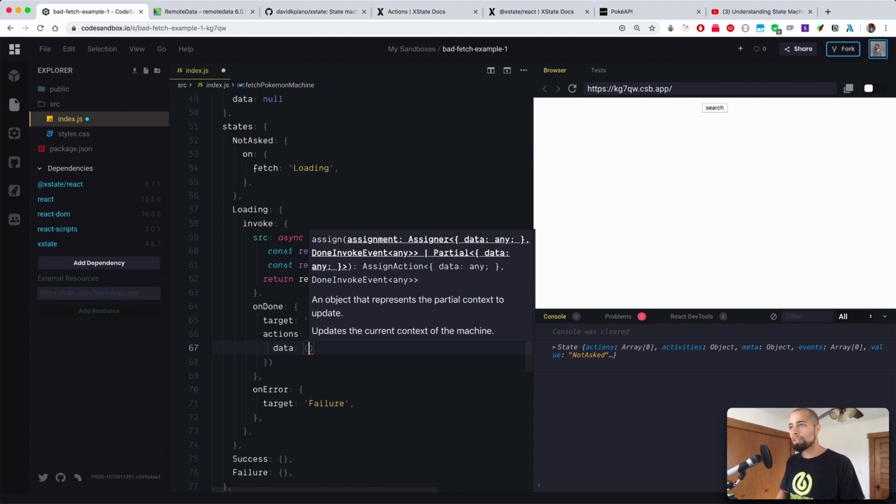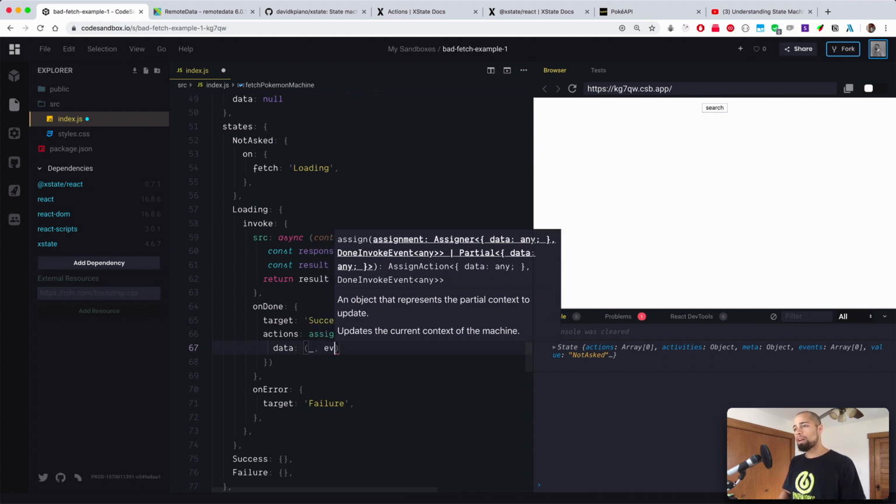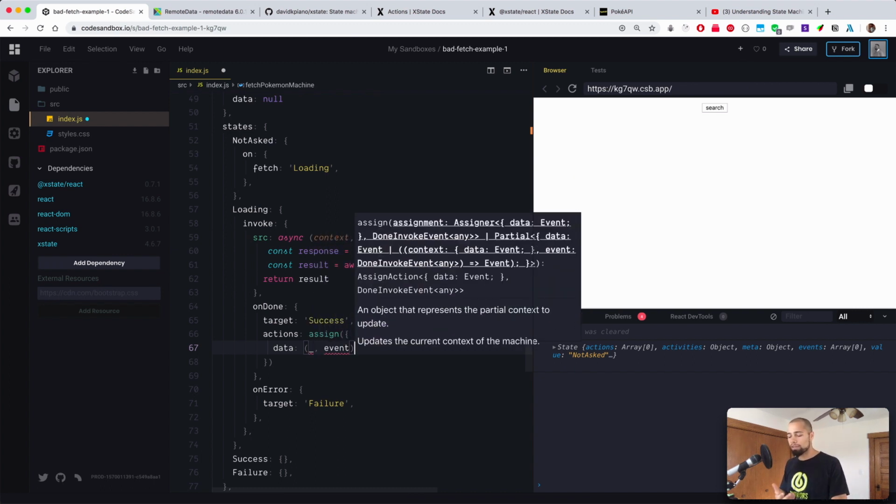Okay, I was looking at the definition that we were receiving here. It doesn't look like it is particularly giving us what we want to see. Anyways, I do know that we really only care about the second argument in this case, the event,